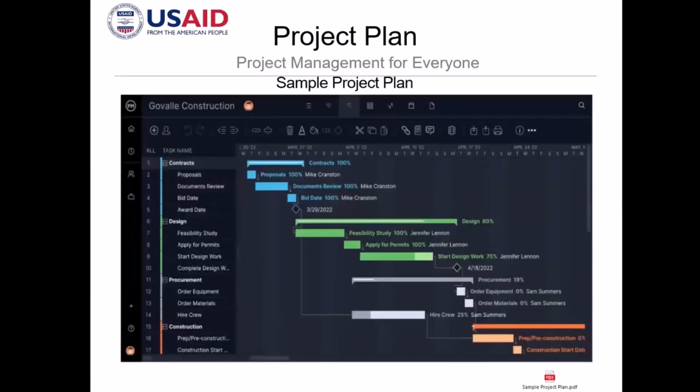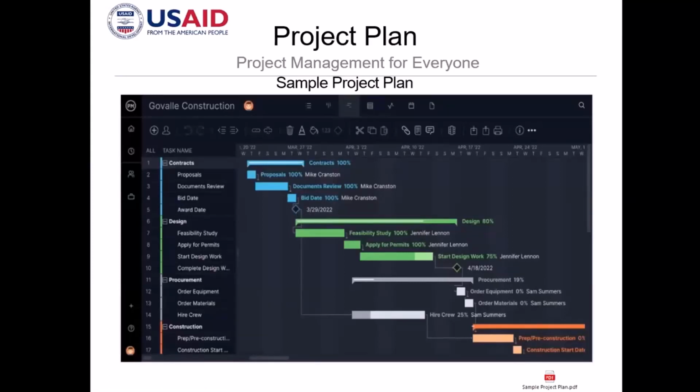So this is what I was mentioning to you earlier. As you can see in this diagram, there is a symbol that is like a diamond here. Let me place my cursor, right? So when you have something like that, that is a milestone.